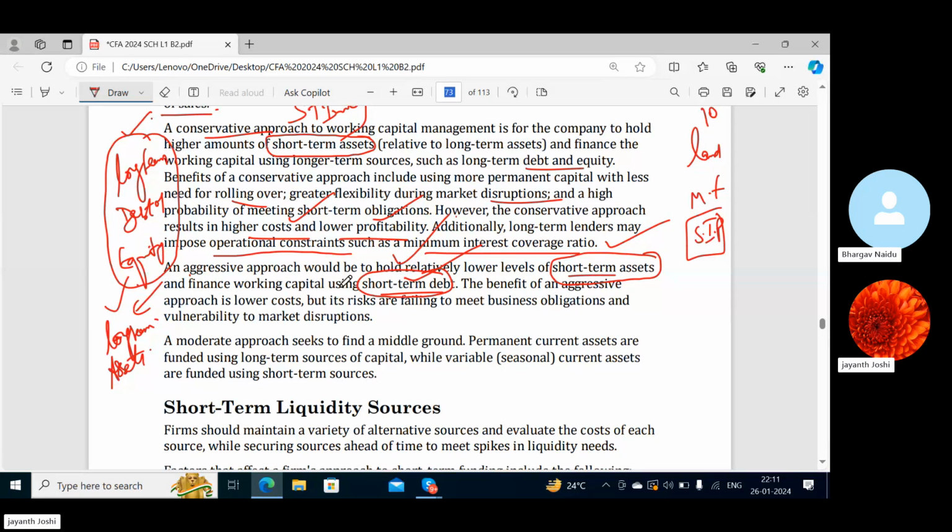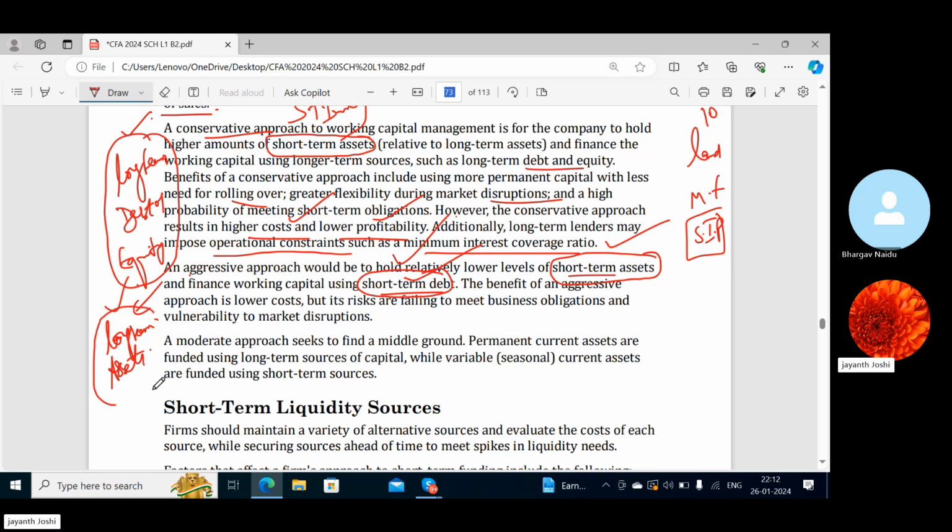Yes, sir. It is something typical of an aggressive approach. I know the aggressive approach is a risky one, but there can be some benefits also if you take risk, right? Yes, sir. What is the benefit? Short term loans are cheaper. Okay, they are cheaper, I understand, but